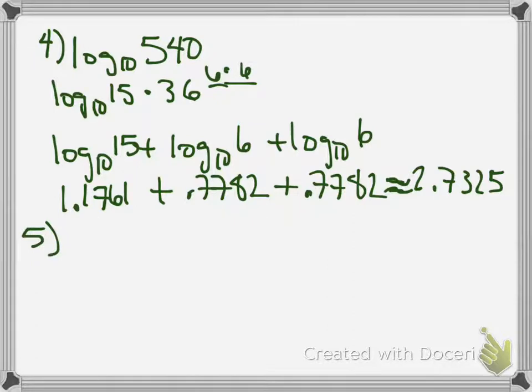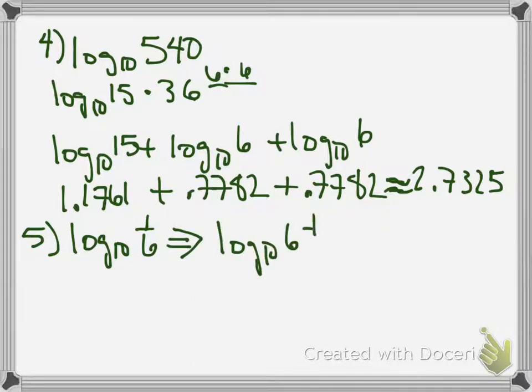All right, so number 5. Ooh, me liking number 5. I will definitely like to try to work in number 5. Okay, 1 over 6. So the idea there is, notice that it says 1 over. Anytime you have 1 over a number, that's the same as having that number to the negative 1 power. So log 10 of 6 to the negative 1 power, which we can use the power property to